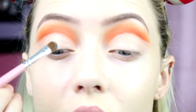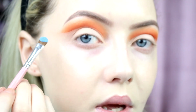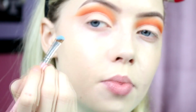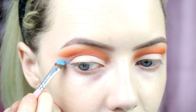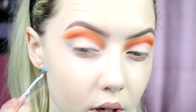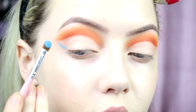So I'm going to take that shade Doom, and I'm going to use a small little flat brush, and we are just going to set that entire crease, but I'm going to start out here, if that makes sense. So I've only loaded up one side of my brush, so I have more control over it, and I'm going to use the covered side facing up and the clean side facing down, and I'm just going to kind of map out the very edge of this shape that I want to go for, just so I know how far I want to go down. It doesn't really matter because I'm going to bring glitter out there as well, but just so I have a